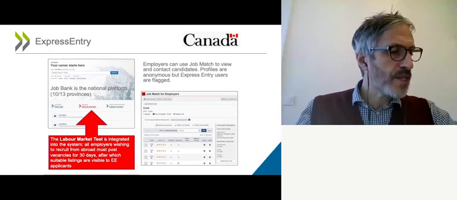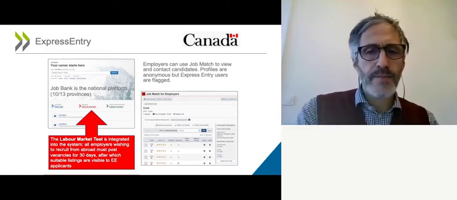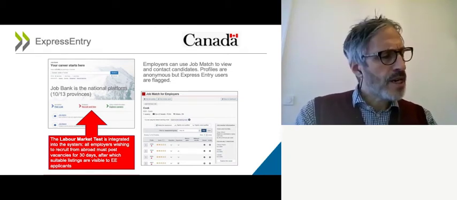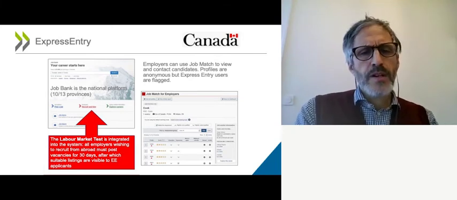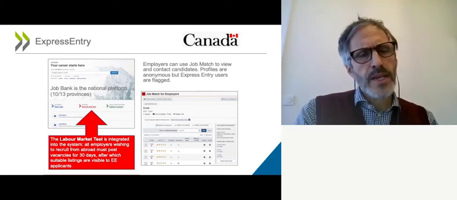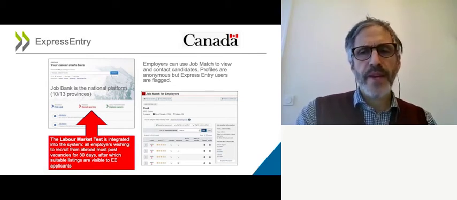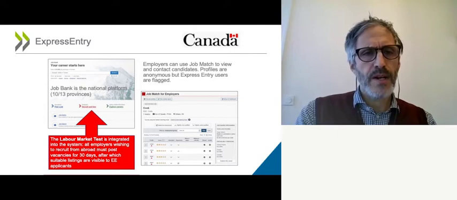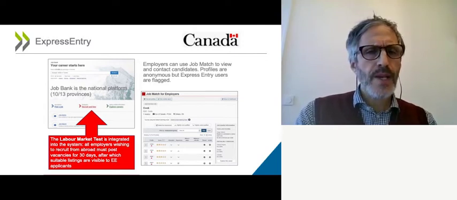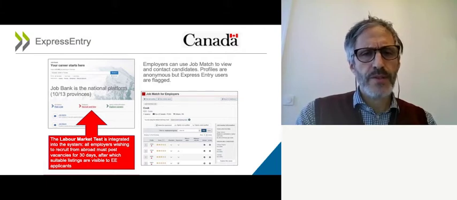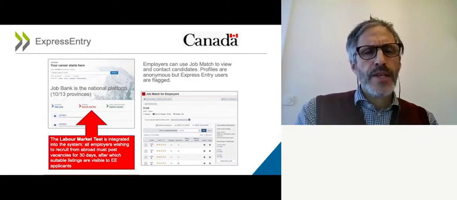Last example, and I think this is maybe the most pertinent for an audience that's representing public employment services, is the Canadian example, and it's for the Express Entry system. So here, it's an example of an explicit link with the Public Employment Service vacancy database. Job Bank is the national platform, and it covers most of the country, and has hundreds of thousands of vacancies in it. The issue here, I think, is that